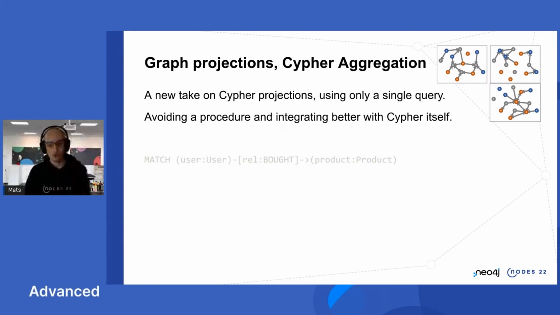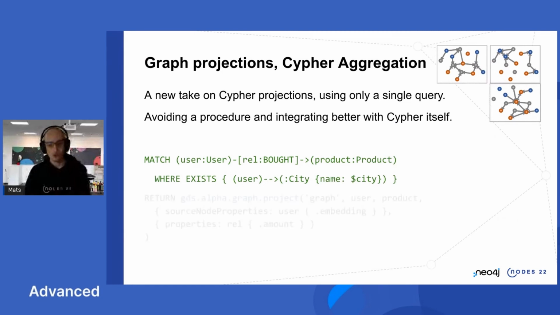So if you're used to Cypher, you might start by running a query or defining a query such as this. You have your classic match clause. Here is the predicate. In this case, I'm using a subquery exists, where I'm looking only for users that have a relationship to a city of a particular name, passed in as a parameter. So it's a very customized set of users that have bought products, and those I want to add to my graph. So then I will